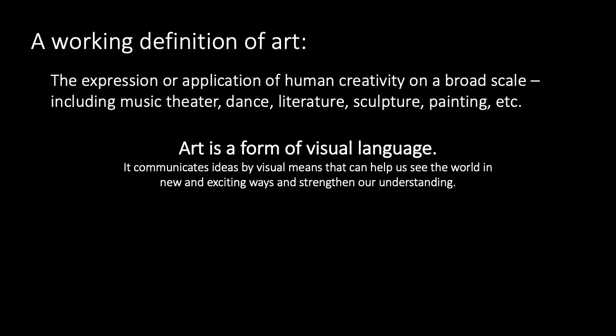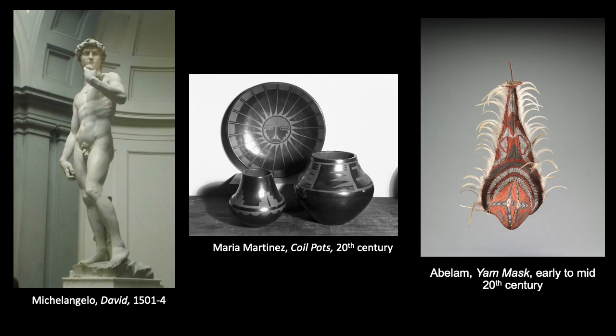Ultimately, art is a form of visual language because it communicates ideas by visual means that can help us understand the world in new and exciting ways and help us to strengthen the understanding that we already have. Definitions of art can also tell us a lot about our own attitudes, stereotypes, rather than just about the objects that are under consideration. For example, in Western culture, so in European and